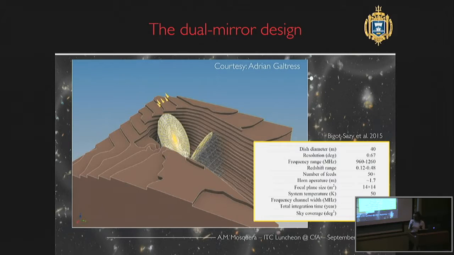And the concept behind BINGO was that it has to be simple. There are other projects that plan to do HI intensity mapping with interferometry, but having a single dish first makes the project really cheap, and the structure is going to be fixed. There are not going to be moving parts or anything. So a very simple concept that is going to be doing state-of-the-art science in a few years, and it's going to be the Pathfinder for SKA.